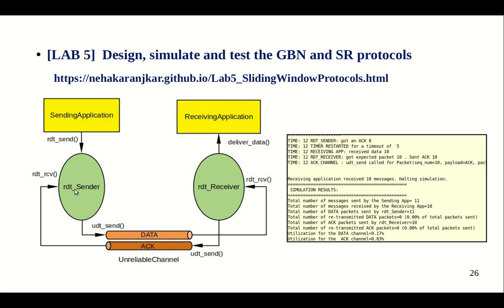Okay, once we have validated and verified the functioning of the sender and the receiver, then we can have the sending application and the receiving application actually send some interesting data. Right now they are just sending numbers, so that we actually end up testing these RDT sender and receiver blocks. Okay, so let's look at the behavior of the sending application and the receiving application.